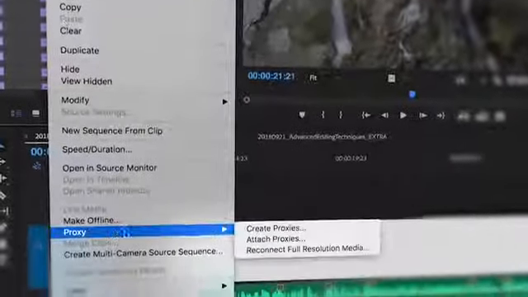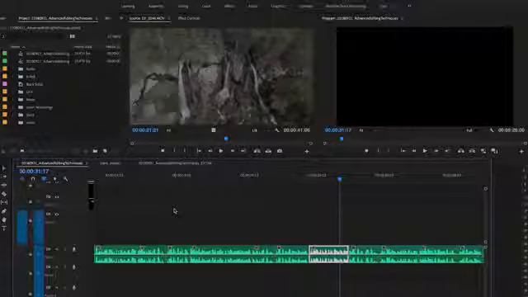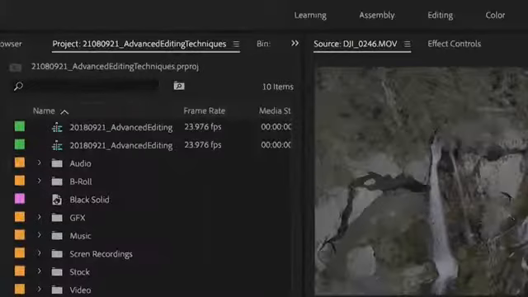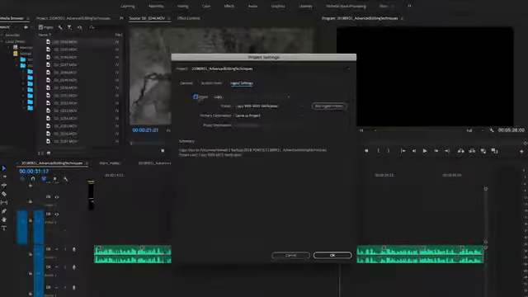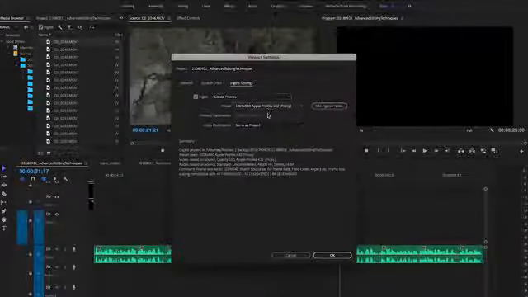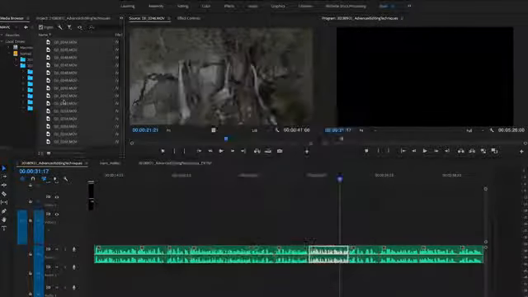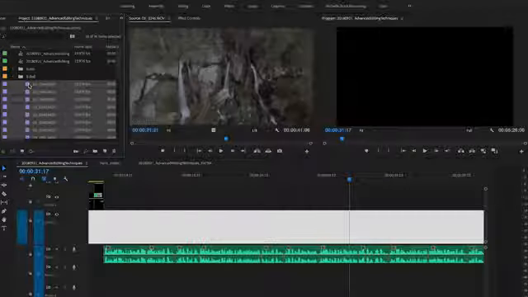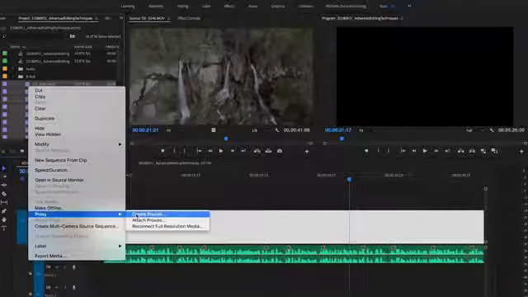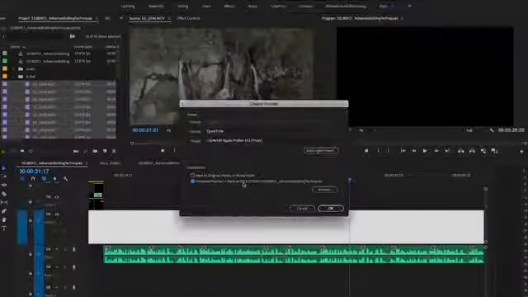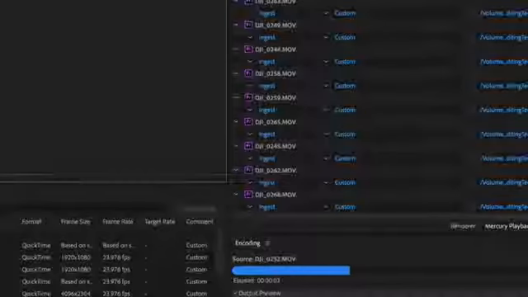Proxies are smaller files that take the place of your source files and allow your computer to work faster. If you want to create the proxies up front, go to your ingest settings in the New Project window or click the wrench in your Media Browser window, then choose to create proxies. Set your format and the destination folder, and everything you bring in will then automatically be converted in Adobe Media Encoder. To create proxies after you've imported the media, simply right or control click on the files you've imported, then select Proxy, Create Proxies. Choose your file settings and set your destination folder, then Media Encoder will start creating the